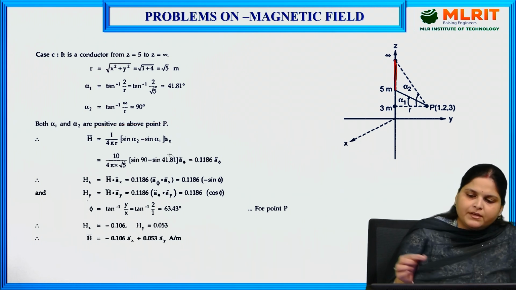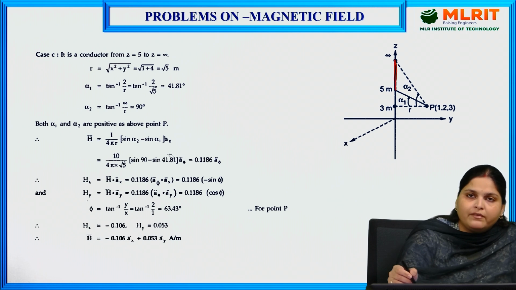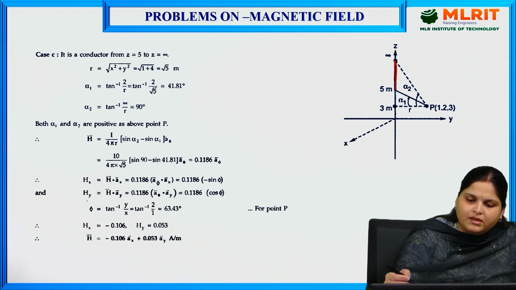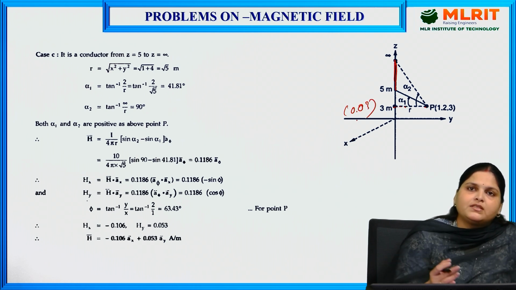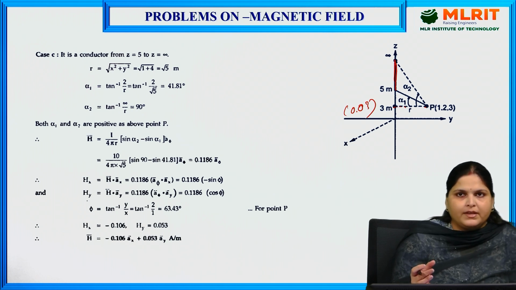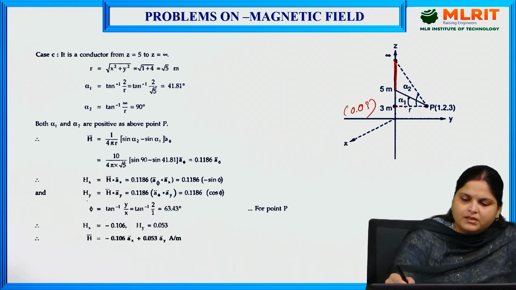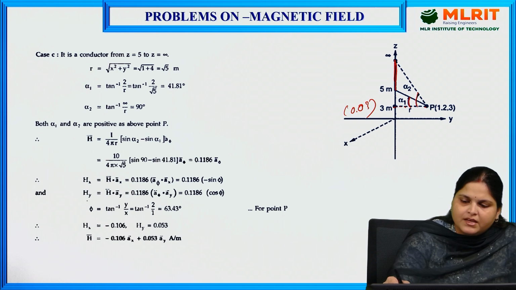Let's see the arrangement of this question. If we see here, first we need to draw alpha 1 and alpha 2 also. Okay, we will drop a perpendicular on this point. The coordinates of this point will become 0, 0, 3 because we need to find R, which is the shortest distance between the filament and the point, right? This is alpha 1 and this is alpha 2.